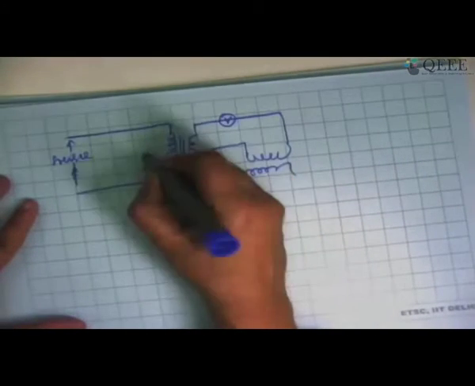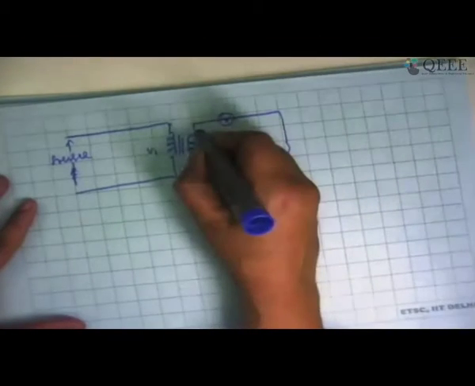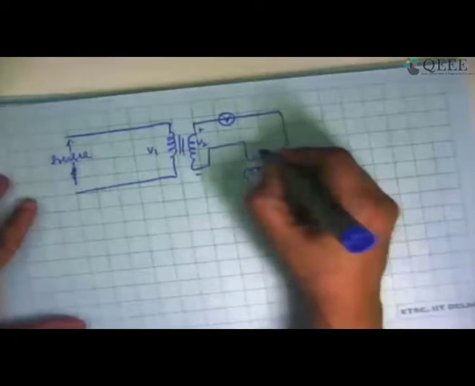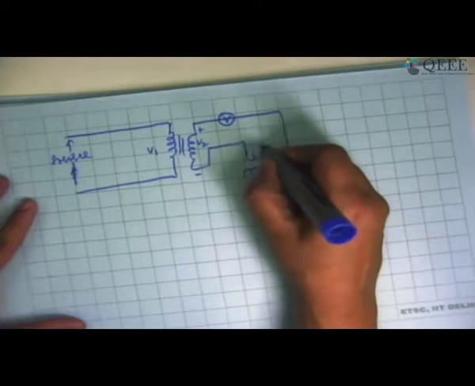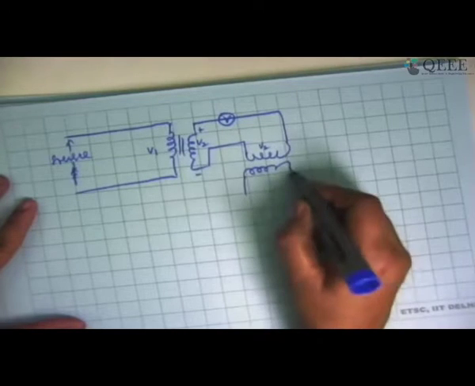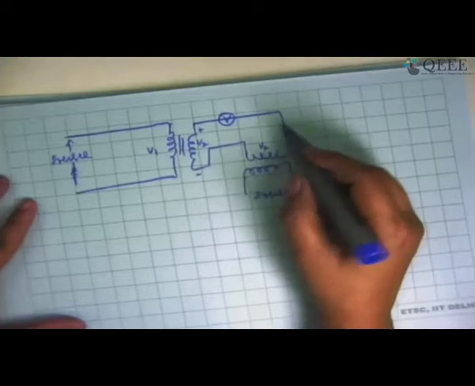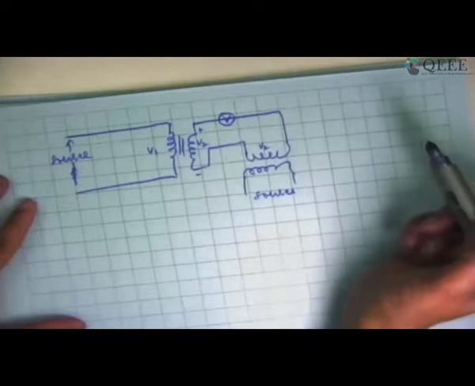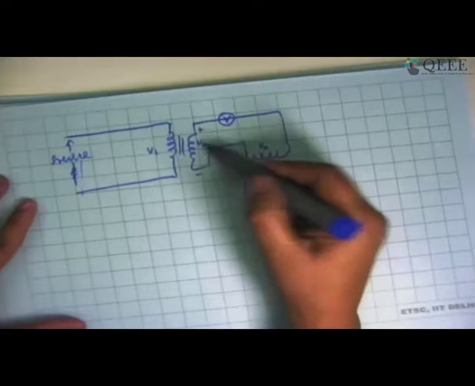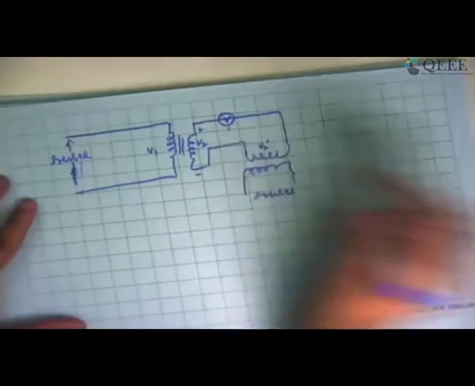So if I am applying a voltage V1 here, I am expecting that there should be a voltage V2 here. Maybe polarity is like this during positive half cycle. Now, if I look at this as V2, I have to make sure that, because this will also be connected to the source, by adjusting whatever is the voltage difference between these two slightly, maybe I can put a variac so that I have the voltage difference between this V2 and this V2 dash maintained at whatever is the required value.